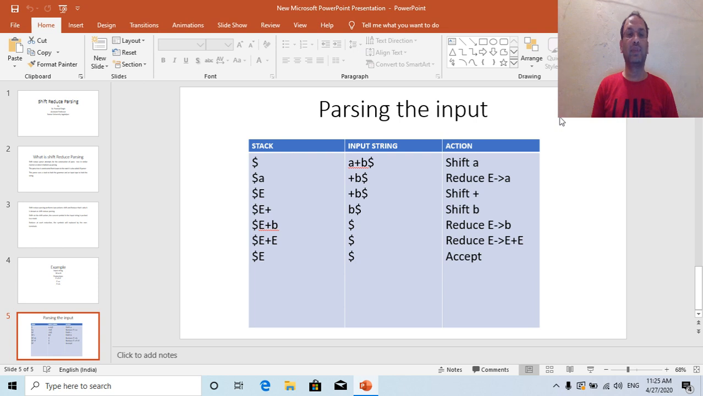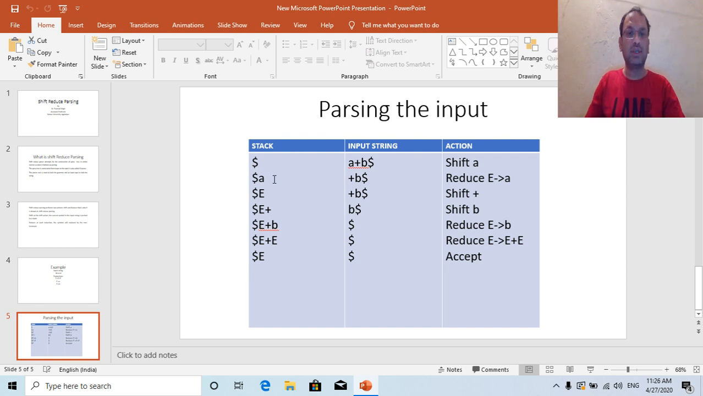Now the parser will scan the input string, so the scanner is in the place of a, and a is scanned, and the action will be taken as shift a, meaning the a will be shifted on the stack. Now the input string will be plus b dollar, and the action will take place here because the a is a terminal symbol,